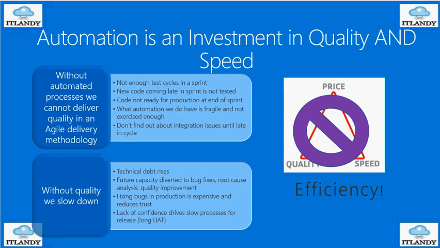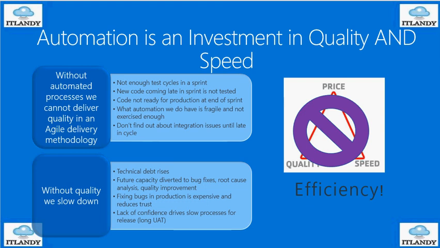Then automation again: without automation we cannot deliver quality, and without quality we slow down. So we have to make sure there are enough test cycles in the sprint, no coding without automation, and that we don't find out about integration issues late, technical debt rises, lack of confidence, and all these will impact the delivery and the